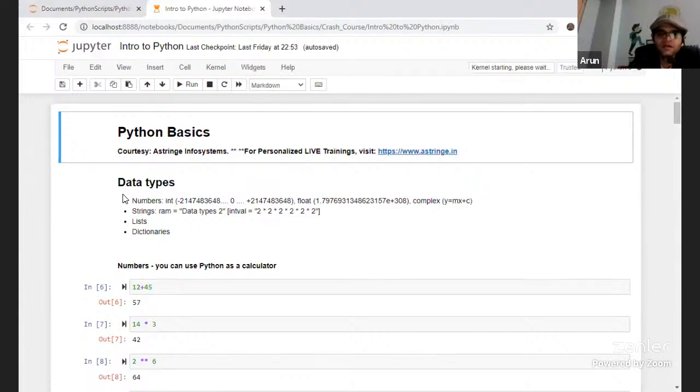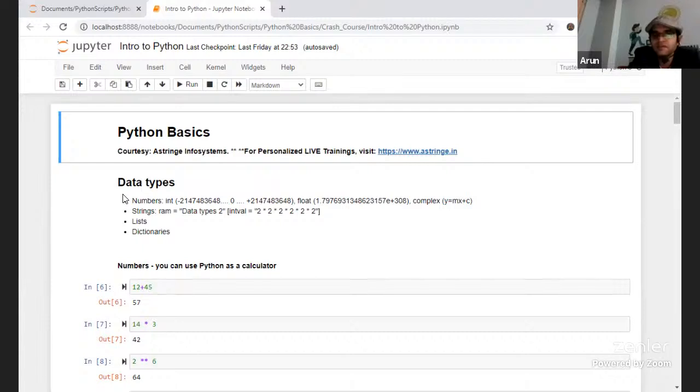The basics of Python could include the primitive data types, and also the advanced complex data types as well. So let's start with primitive data types. There are numbers, strings, lists, and dictionaries in Python. Now, if you ask me what numbers means: all integers, floating point numbers or decimals, and also complex numbers like y equal to mx plus c come under numbers. Complex doesn't mean a collection type of data type over here.